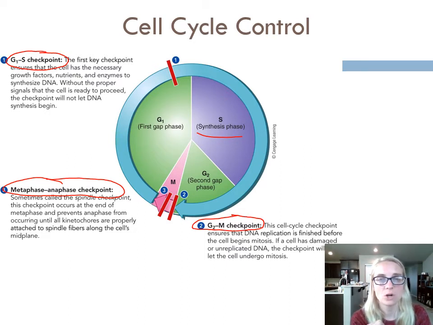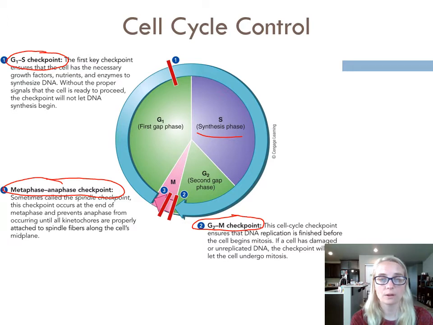This is a process that's called non-disjunction that we'll see more problems with when we get to meiosis. In the production of eggs and sperm, it is a bigger problem than in a skin or body cell. So those are some of the checkpoints that your book describes, just to give you an idea that there are these built-in regulations to make sure that when the cell goes through this process of replication, it does it with high fidelity. We do not want mistakes as we progress through this,